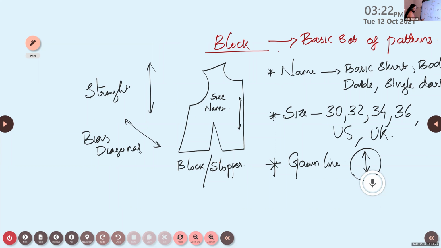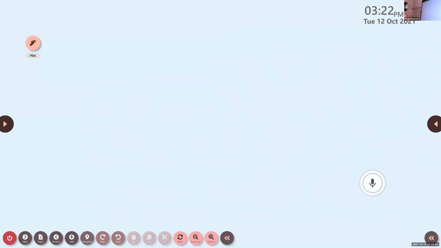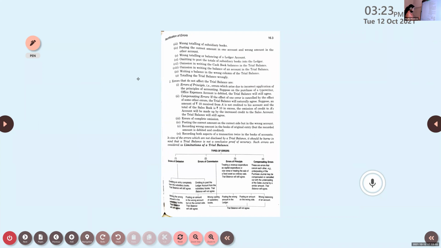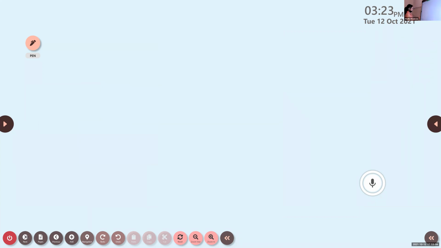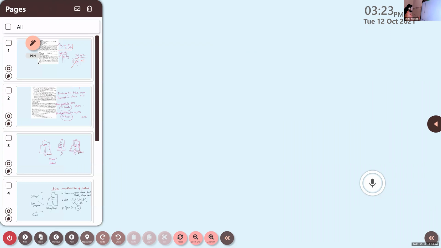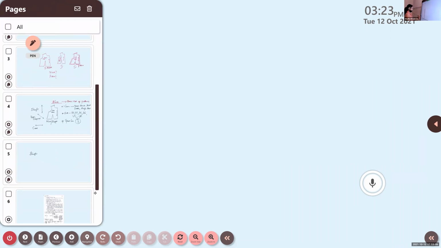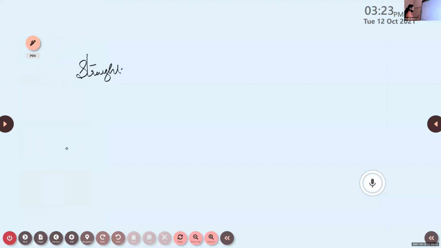If the grain line comes like this on the pattern, then it means it is cross, and you're supposed to cut it cross. For example, I will just show you. If it is a straight grain line,